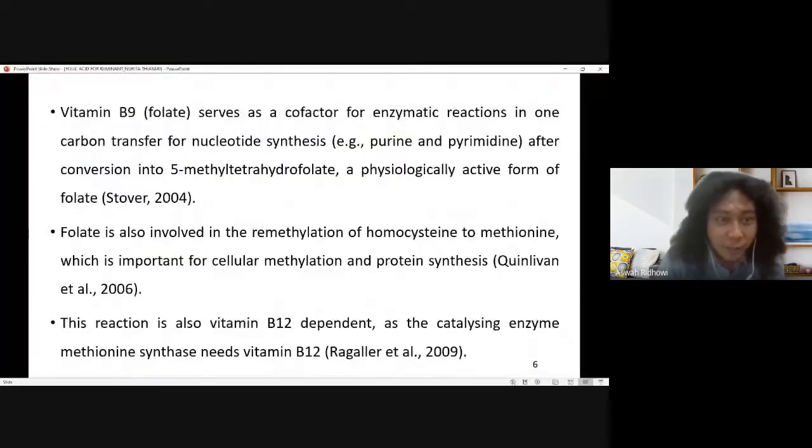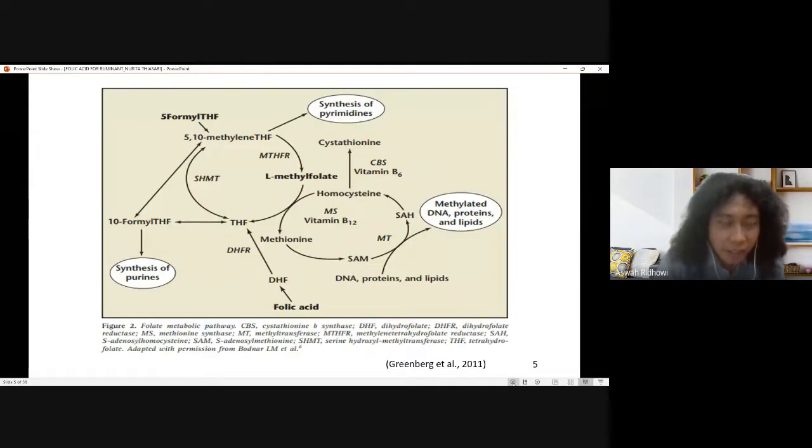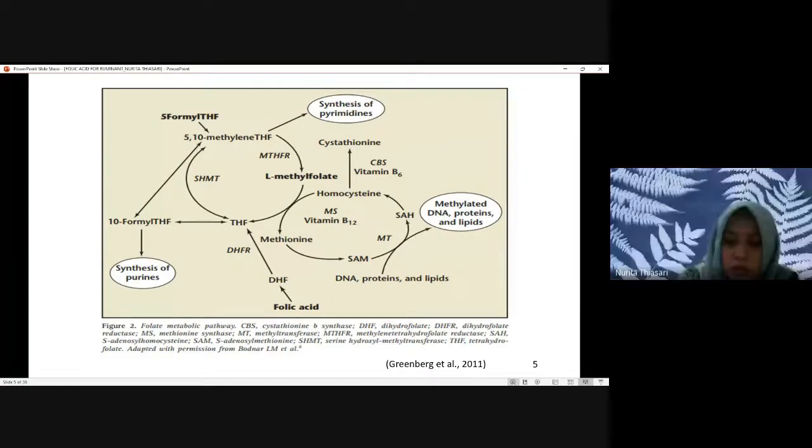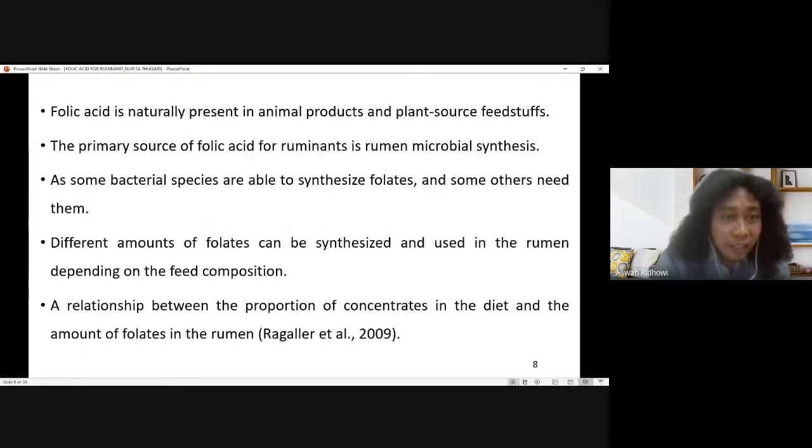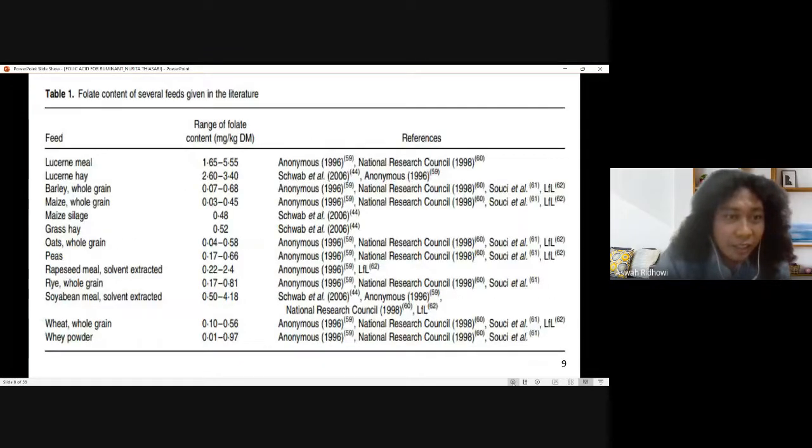It is about the table that mentioned about the... I think before this, one slide before this. One. Oh, this table mentioned about the source of the folic acid in the diet. Source. Yes. One. Yes, this one. And so